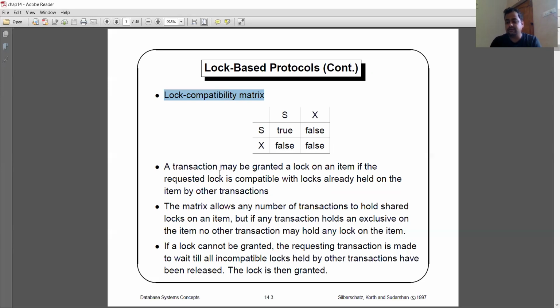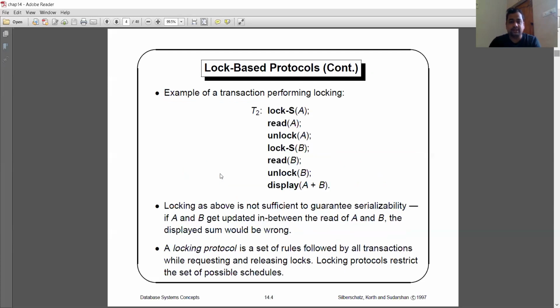Before we start any operation on the transaction, suppose we require the data item X. Then we have to put a lock on data item X and perform our operation, whether it is an update, manipulation, modification, or any type of operation on data item X. Then we have to release the lock.